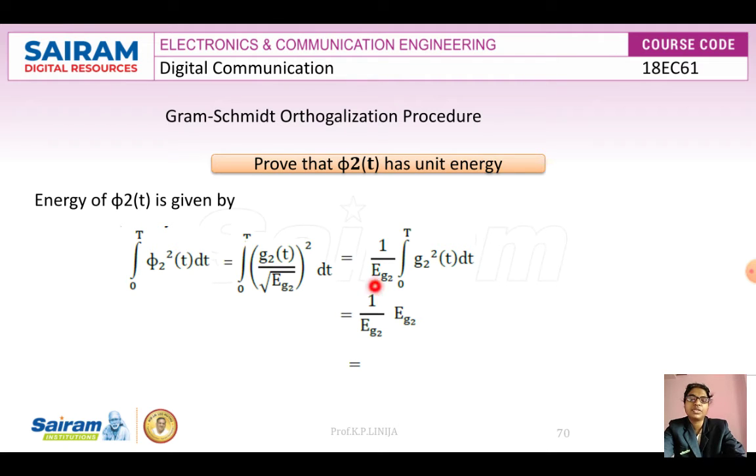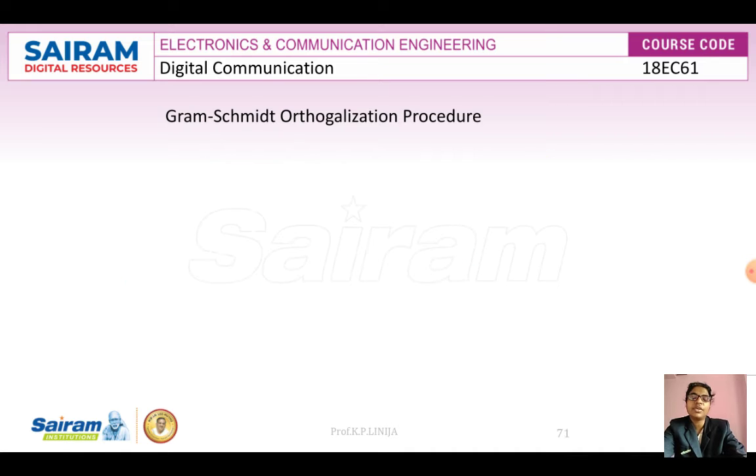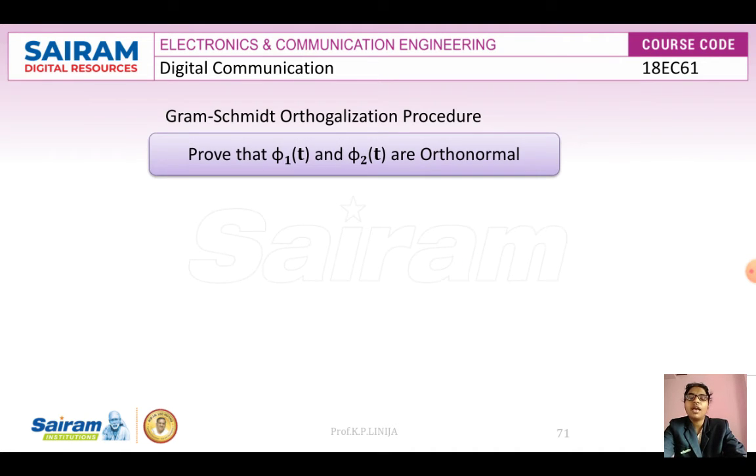So this Eg2 and this Eg2 will get cancelled. Therefore, we will write the energy of phi2 of t as 1. Therefore, we have proved that the orthonormal function has unit energy. And third, we are going to prove that both basis functions, phi1 of t and phi2 of t,